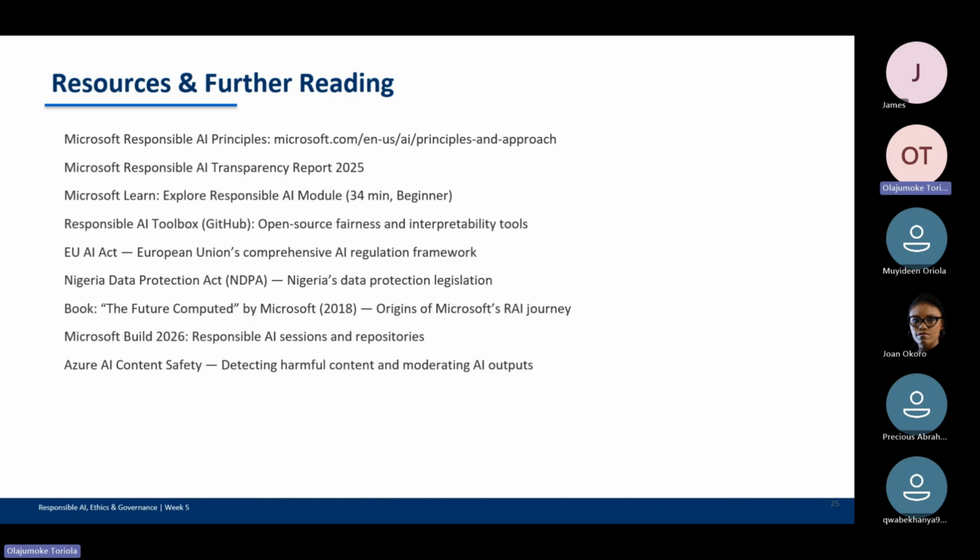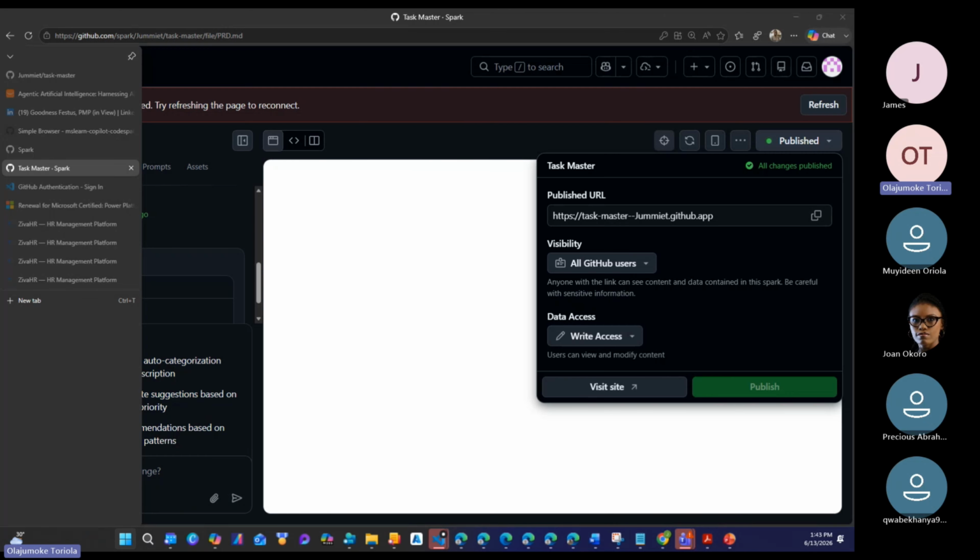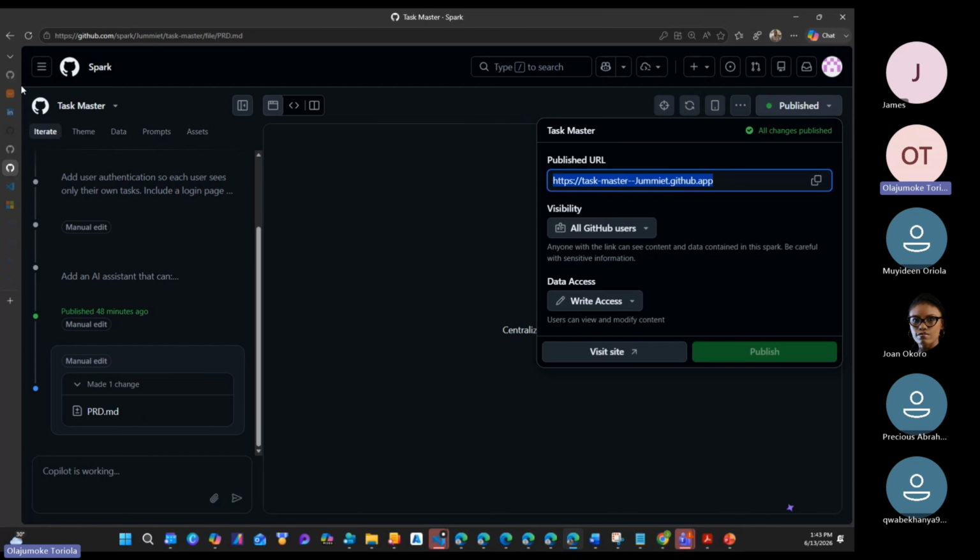With that said, I don't know if anybody has any question before we quickly move to how we can build in AI Foundry. I have two. Let me see if I can open my